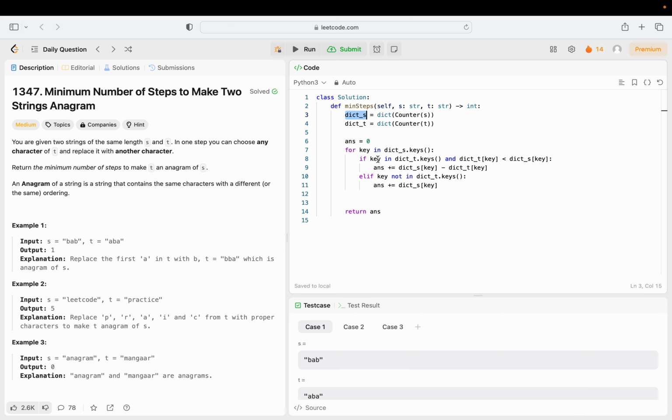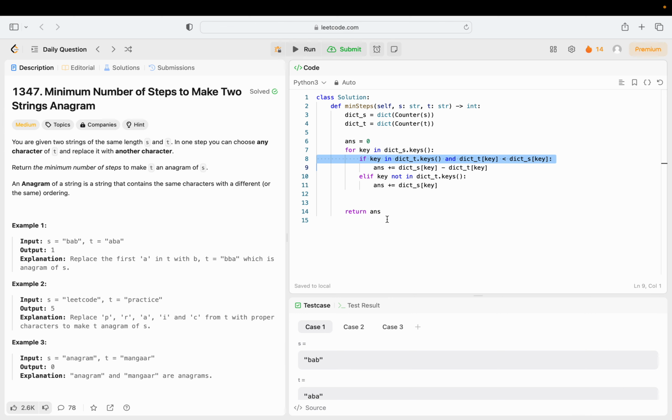And if that particular character is there in t, and the frequency of that character is less than the frequency of the character in s string, right? If both these cases are correct, then we'll add the difference between the frequencies